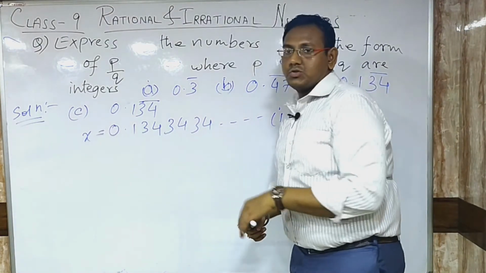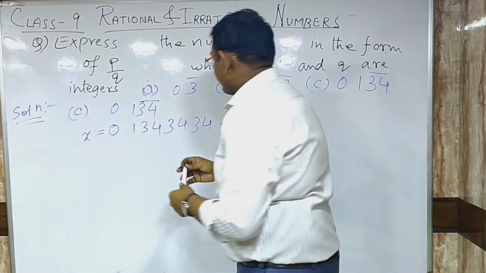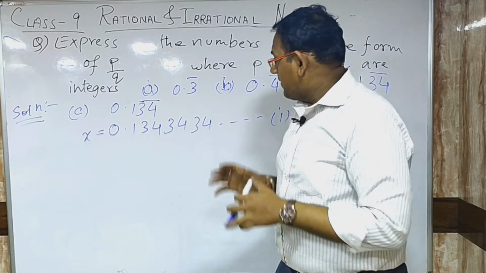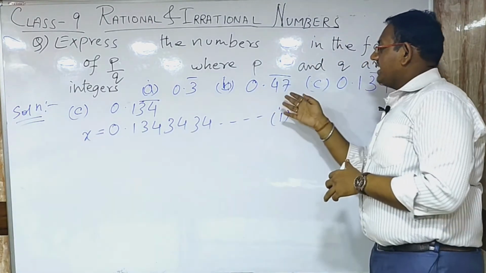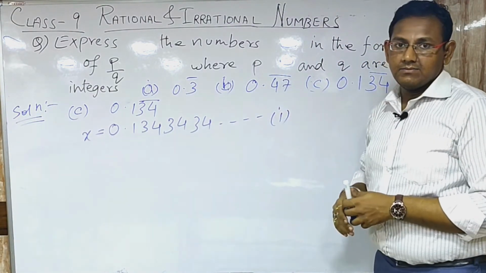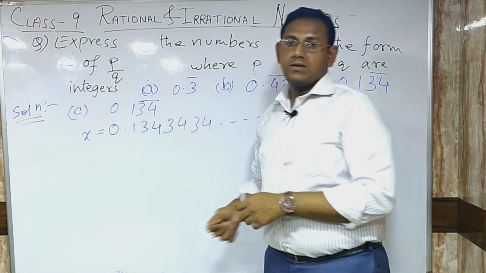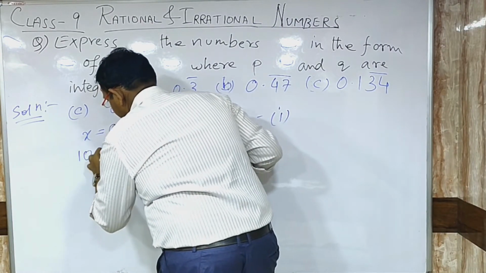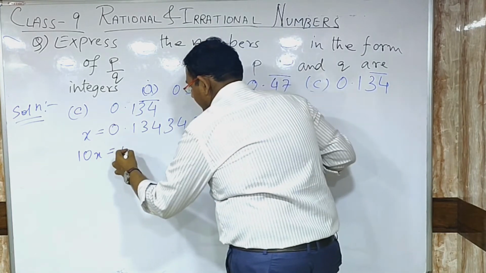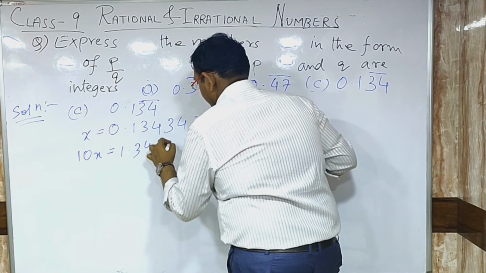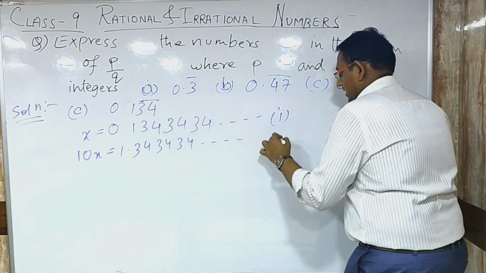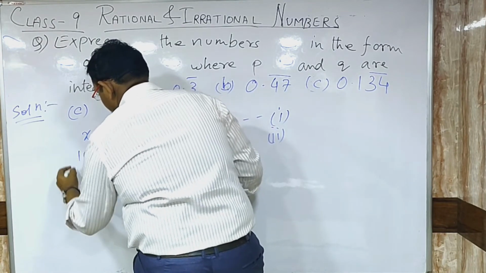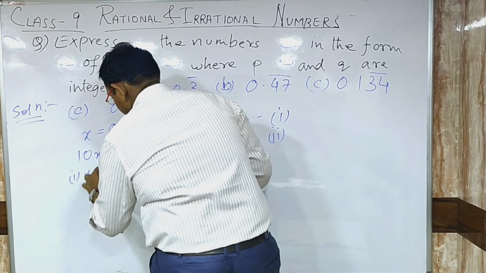Now what is the next step to do? In the previous sum that we have already understood, since there are two recurring numbers, we multiplied this by 100, but in the previous sum we saw that there are no numbers before that recurring number. In this case we have this 1. What we will do with that 1? Now for that, let us multiply this with 10. So we are basically getting 1.343434 and so on. Let us consider this one to be equation number 2 and let us multiply the first equation, that means equation number 1, with 1000.